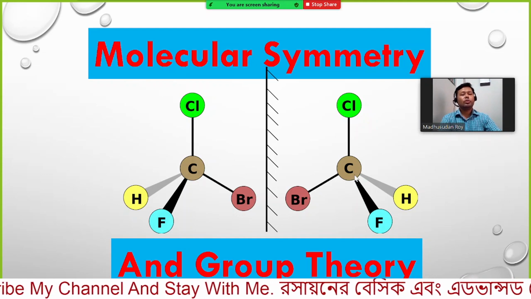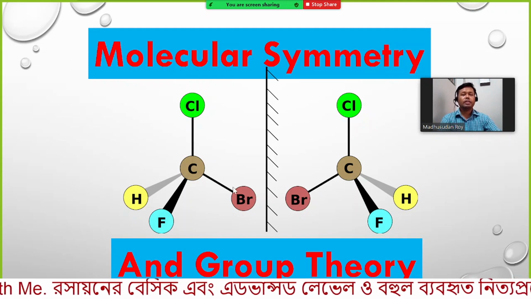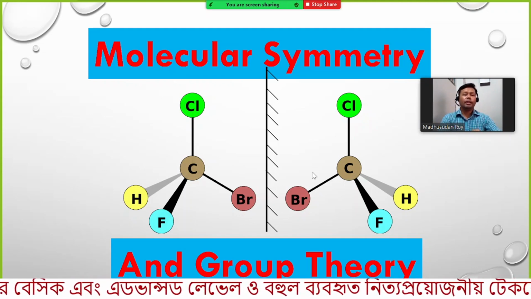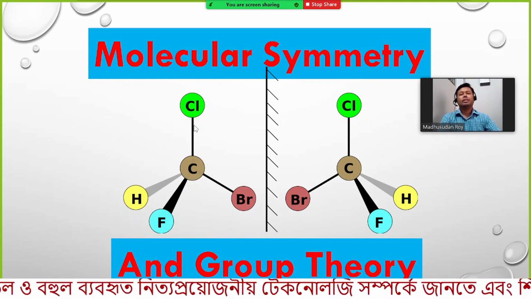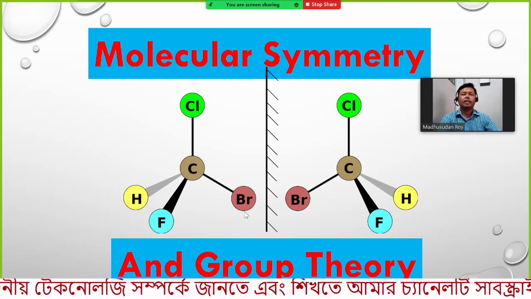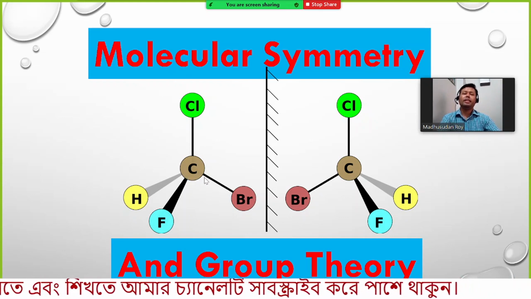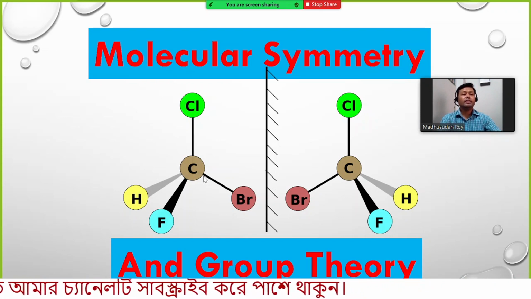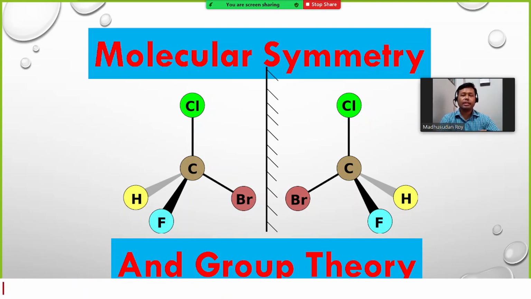This mirror image is not exactly similar to what it was in the initial stage. That means even if you put a mirror, that is also not giving the exact structure. So this type of molecule has 4 different groups, so it has no similarity. In that case, if you rotate this molecule by 360 degrees, you can have an identity operation, so that if many molecules have some operation or some symmetry, then you can separate them.